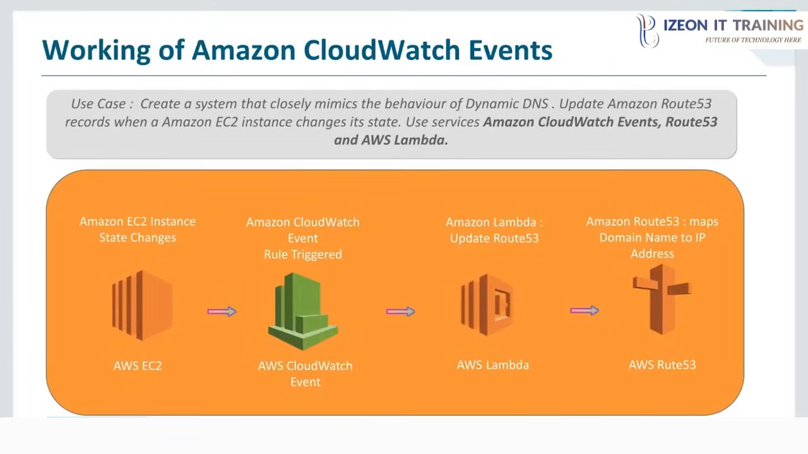Now let's try to understand Amazon CloudWatch events better with help of use case. In this use case, we are going to create a system that closely mimics the behavior of dynamic DNS. And for those who don't know what dynamic DNS is, let me give an example. Let's say you want to access internet at home, then internet service provider assigns you an IP address, but since